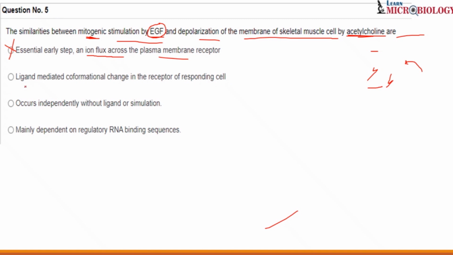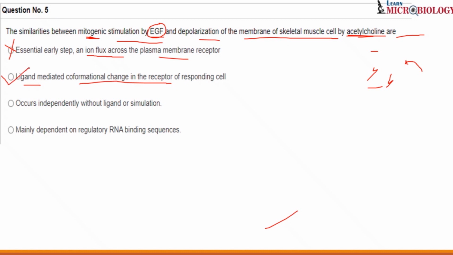Okay, it can be, because even in EGF there was ligand binding that led to a conformational change in the receptor, since the receptor got phosphorylated. In acetylcholine, when it bound to that receptor, the receptor conformation changed and the ion channel opened. So this will be the similarity.